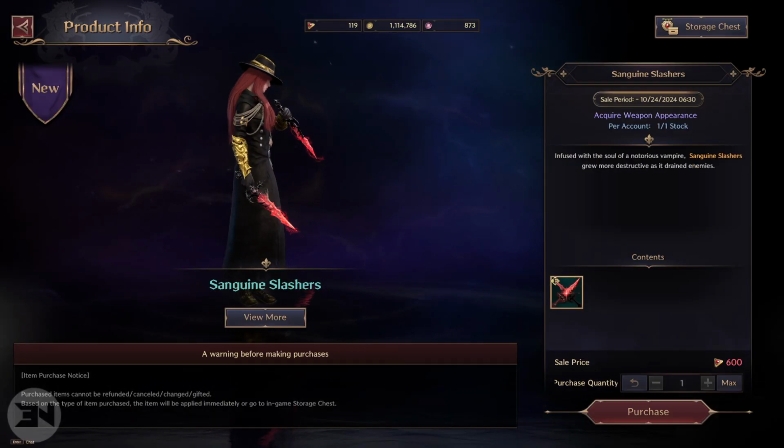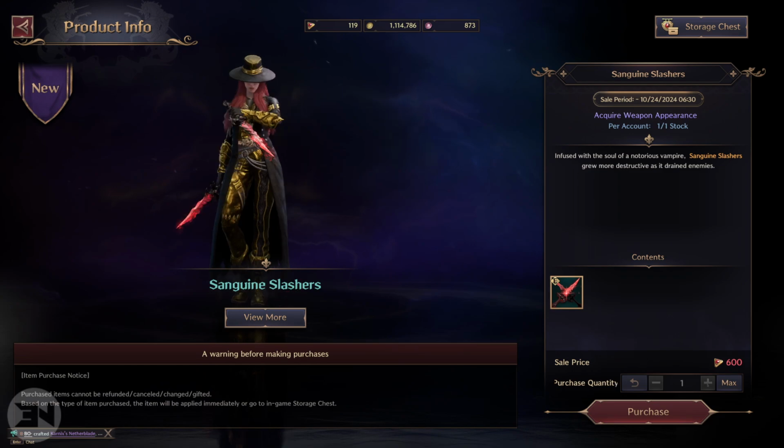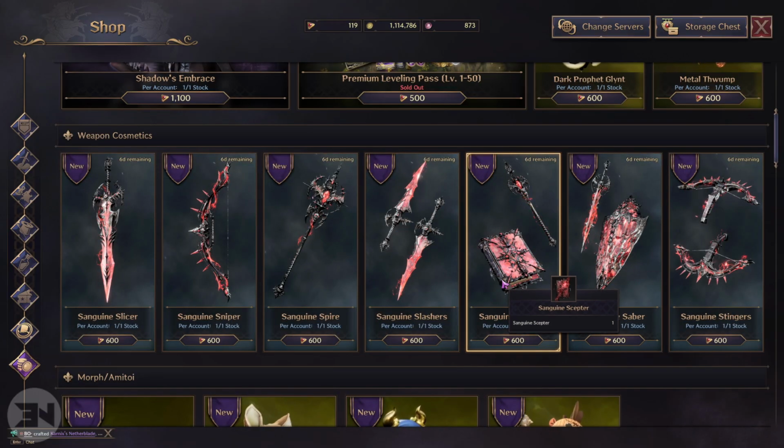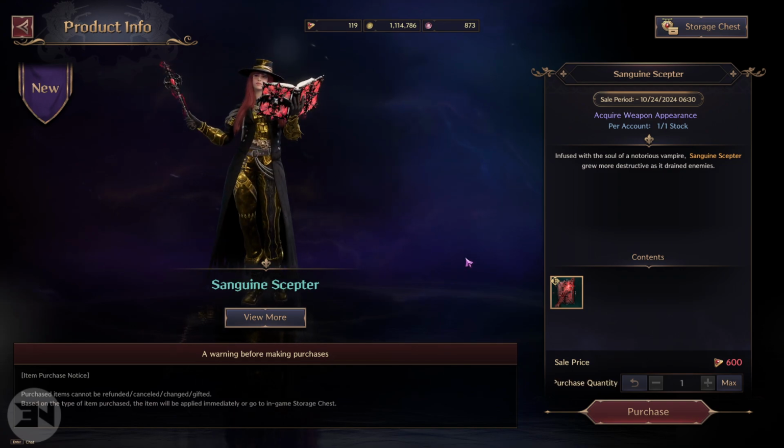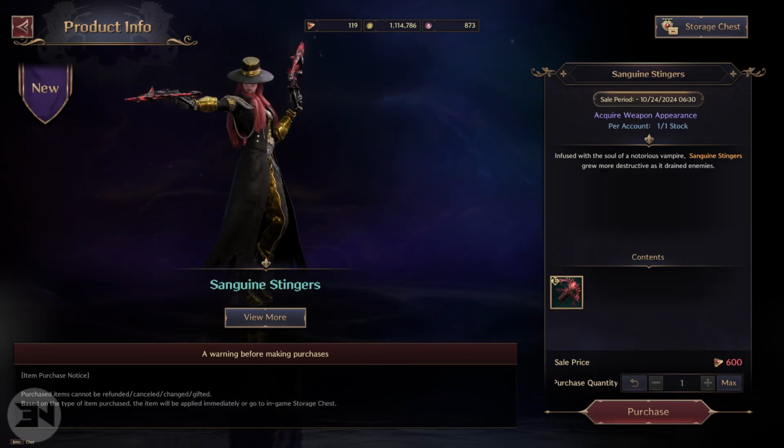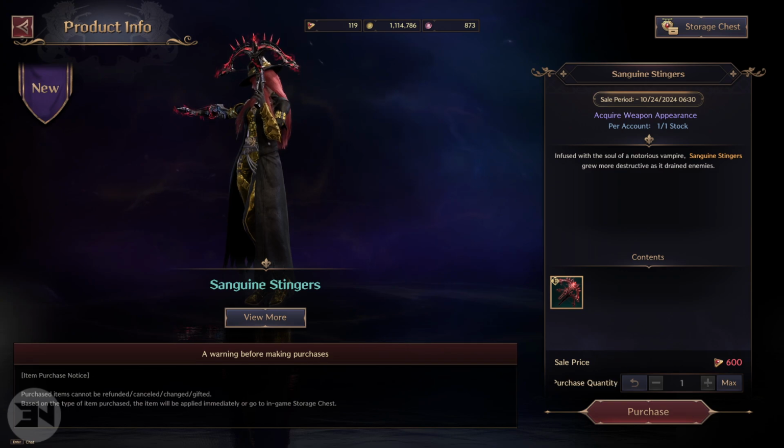Daggers, I don't think you really see them too much, so while this is a cool design, I don't think it's actually worth the money at all. Then we have the wand and the book. It's alright. And then we have the crossbows, which I think, other than the two that I want,